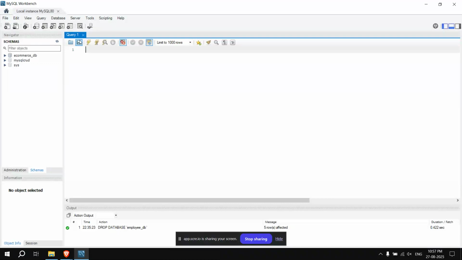There are many types of SQL, such as DDL, DML, DCL, TCL, and DQL.